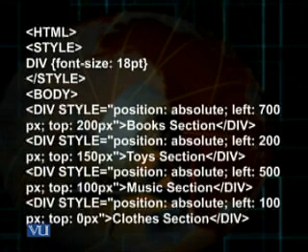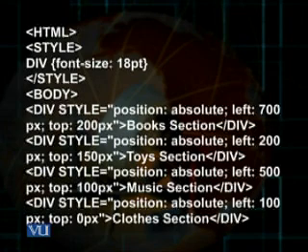Therefore, the words books section would be shown on the browser screen, keeping them apart from the left edge by 700 pixels and from the top edge of the browser window by 200 pixels, as we had specified.